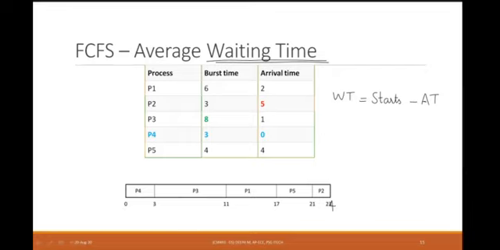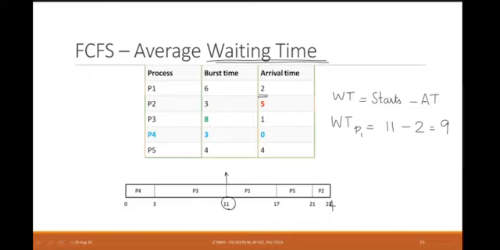So first one, we are going to find out the waiting time of process P1. P1, how long did it wait in your ready queue? So P1 arrived at a time of 2 and it started execution. Whenever it started execution, this point we have to take. So starting execution is at 11 and arrival time is 2. So the waiting time of process P1 is 9.